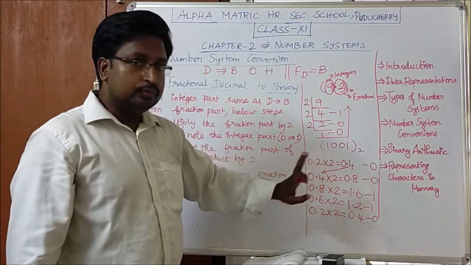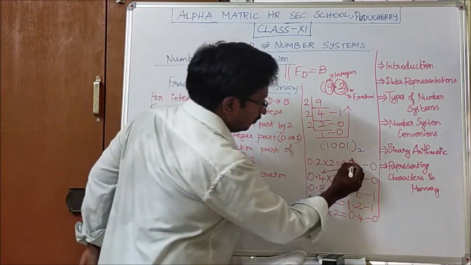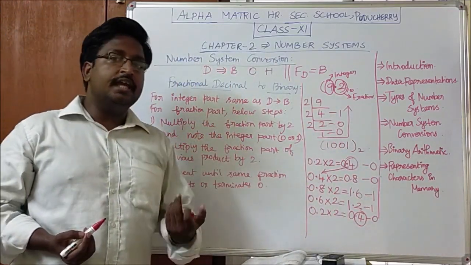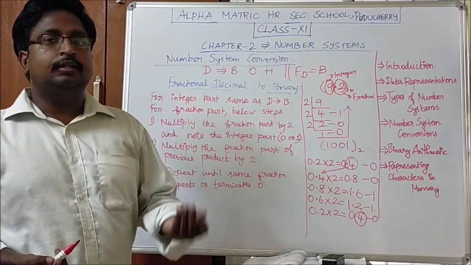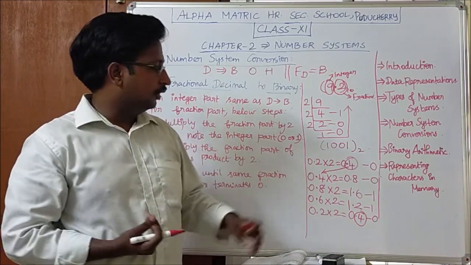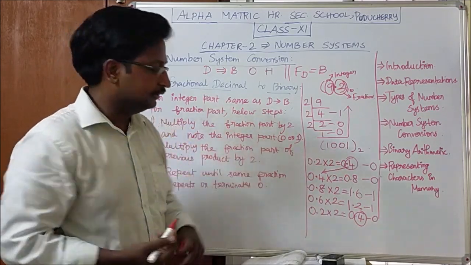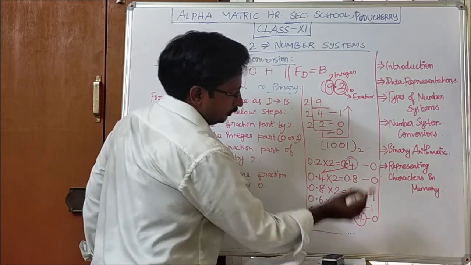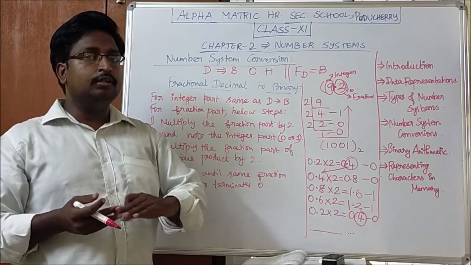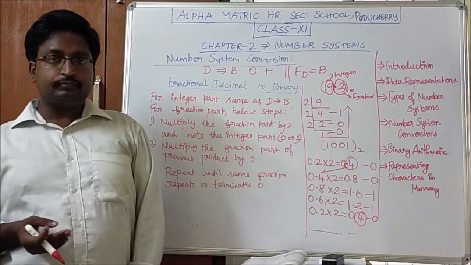We have to do the multiplication continuously, repeatedly, until we get the fraction part again. In case we don't get the fraction part again, we have to stop at a maximum of 7 multiplications. You can stop there and put an etc. symbol, that is, you can write the answer and put dots like that. If you don't get it by the 7th multiplication, you can stop there, write the answer and put the etc. symbol.